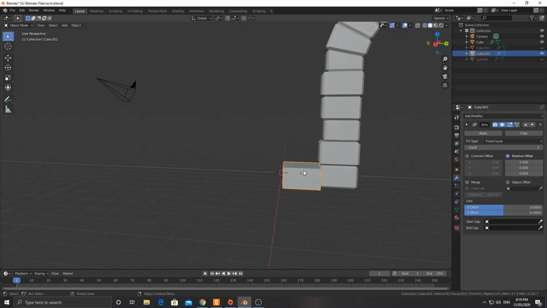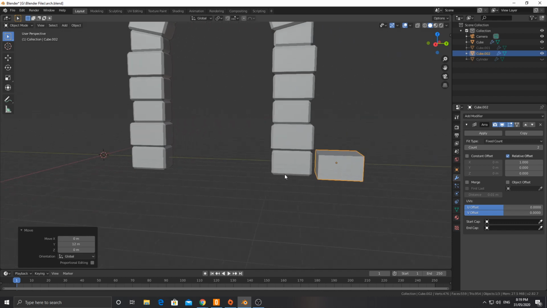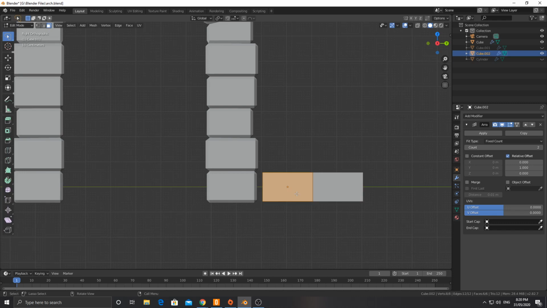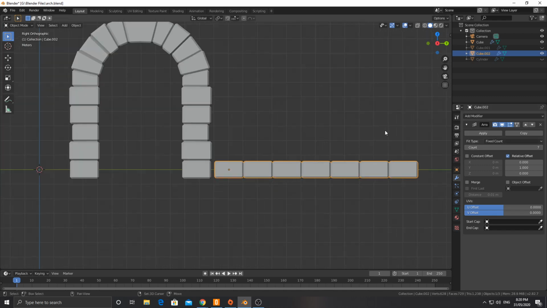I might do this on the other side. It looks like when I built this one I made X the front instead of Y the front, so that means I'm going to have to array it along the Y axis. Depending on how you did it, you should be able to figure this part out. I'm going to go in and just bevel those edges on it so they're kind of visually the same as that. And this is very similar to what I did once before,